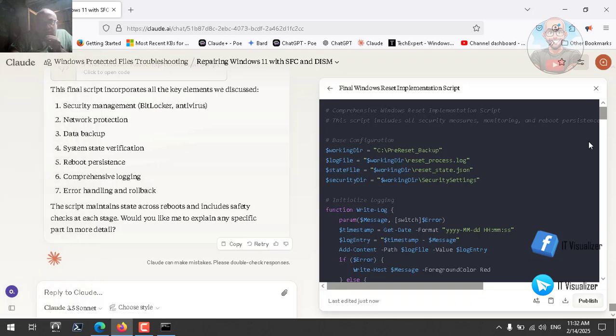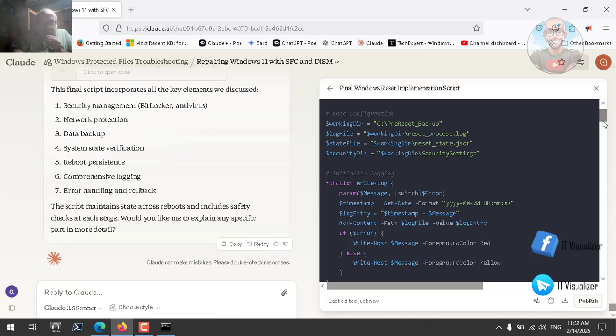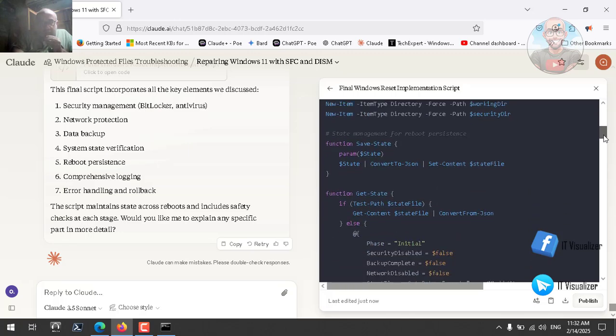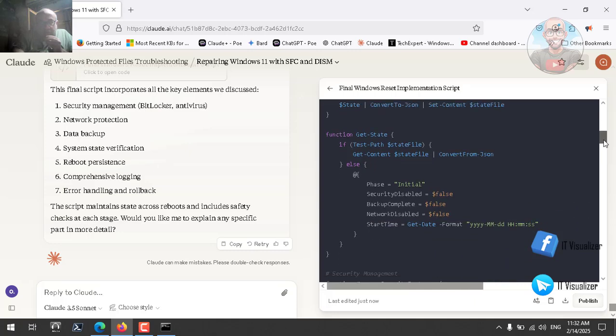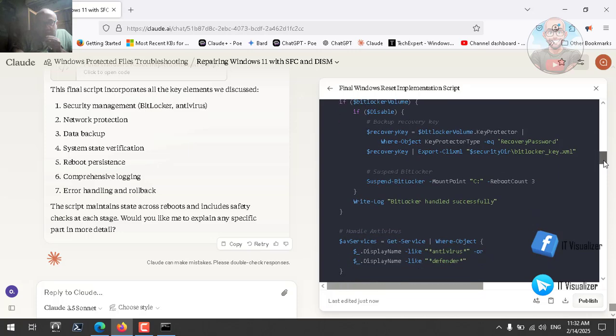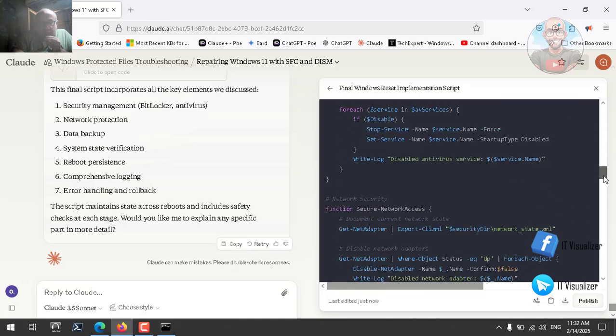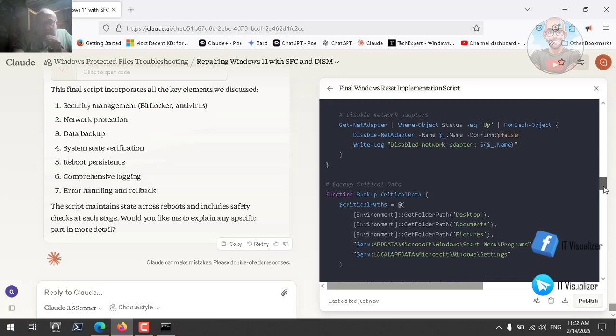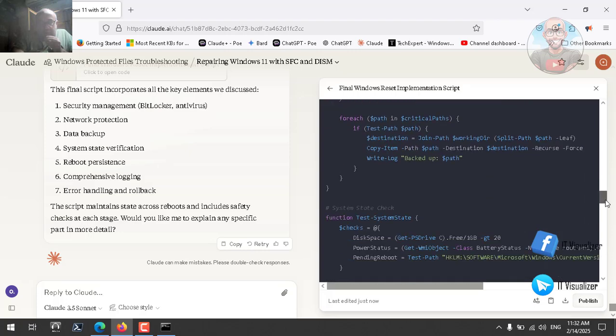Okay, here you go. This is the script. Initializing log, creating directory. Okay, security management. Okay, this we are talking about: BitLocker handled successfully, antivirus, network security, critical data, system check,